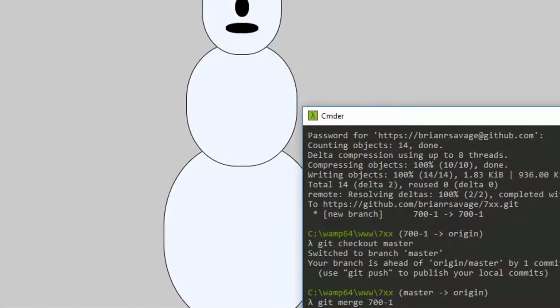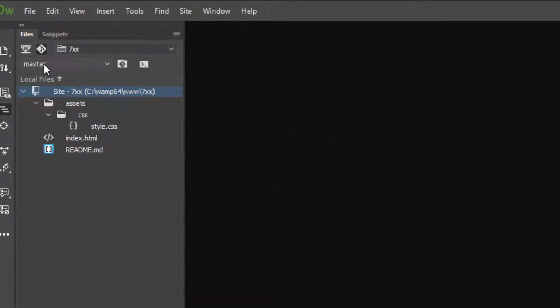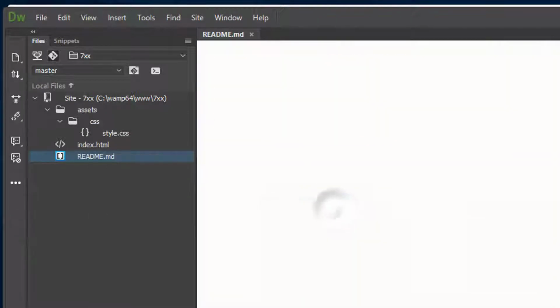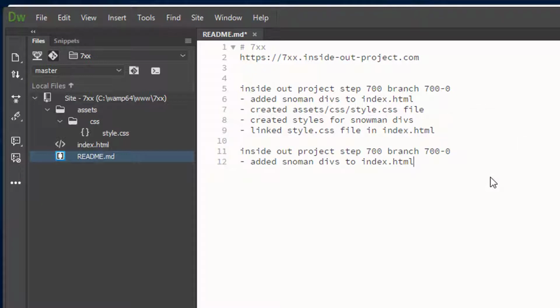So now that we've done that, we validated it on master, we need to go update our manifest real quick. So we'll come out here, we can see that we're on master in Dreamweaver. We'll open our readme file with Dreamweaver, and we'll go ahead and just cheat a little bit. And we'll put in here step 700, branch 700-1, and let's fix that real quick. I didn't notice that before. Snowman divs, and let's just add in here snowman face and hat divs were added, and